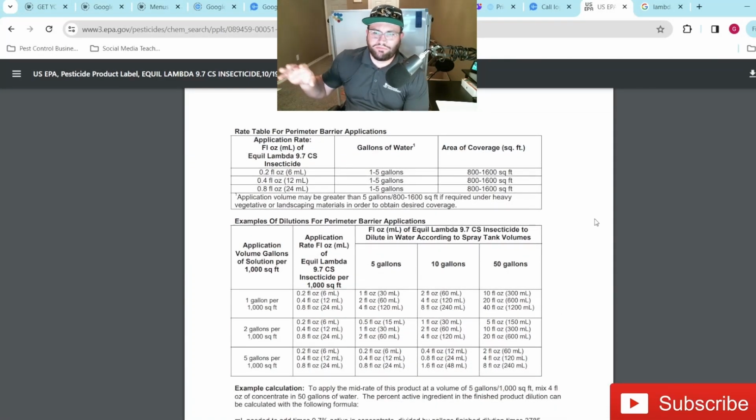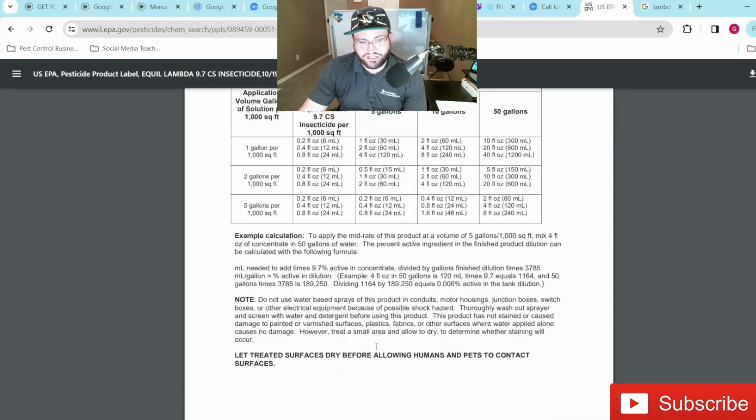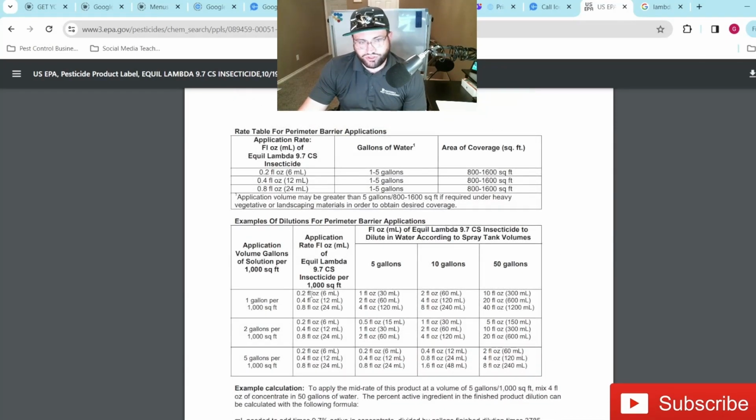Not even necessarily from the cost saving side of it, but just making sure that, I'm sure there's different situations that even this label calls for, because you're talking roughly 9 to 12 different ways you can go about mixing this product at the end of the day. So I'm sure there's different situations where you may be best to use the mix rate of 0.8 fluid ounces over 5 gallons versus using 0.8 fluid ounces per gallon over 1,000